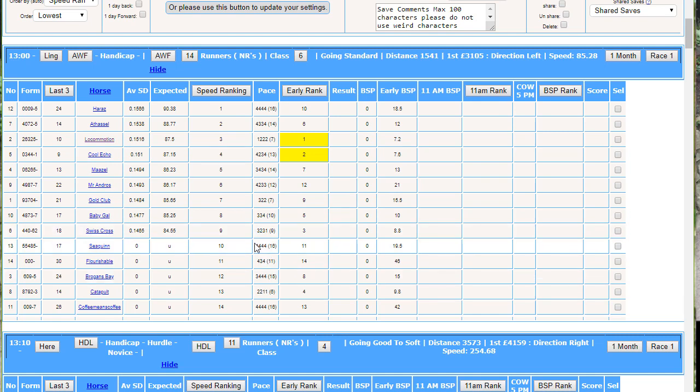So the higher the number, the more likely it is to run near the back, whereas the lower the number, the more likely it is to run nearer the front. That's basically the way you look at it. This number here in brackets is just those added up. It gives you an idea quickly. 16. If it's above 10, it probably runs nearer the back. If it's below that, the only issue is when you've only got 3